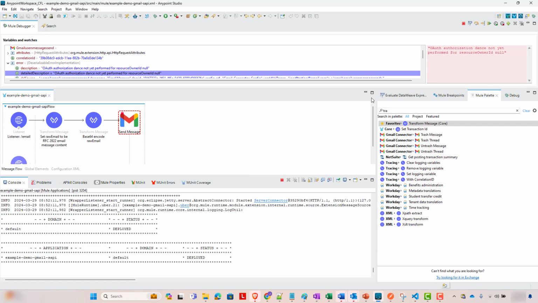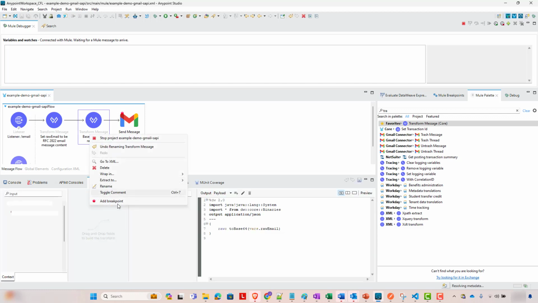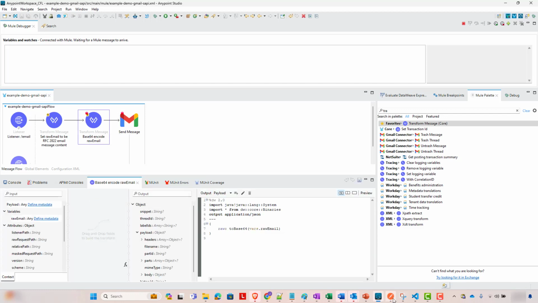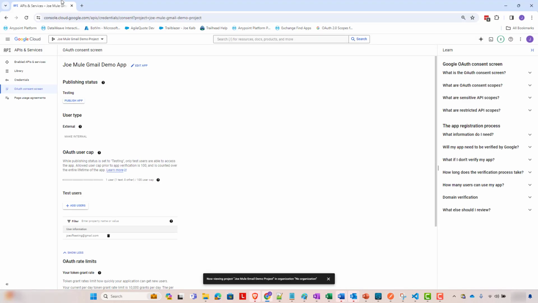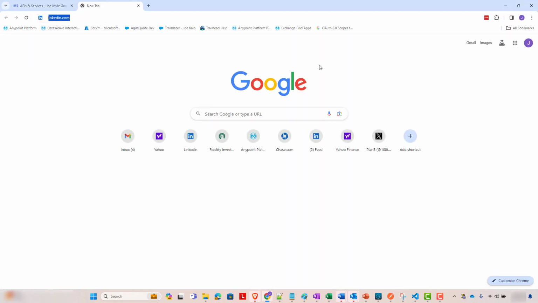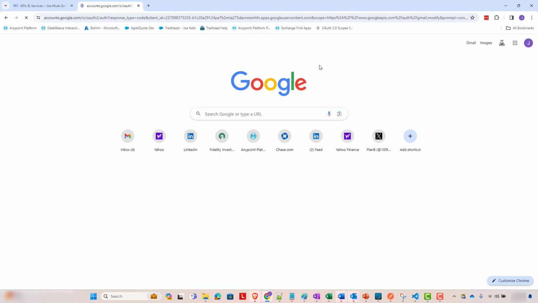So I've got breakpoints set. OAuth, boom, we get back an error message. And I'm going to add one more breakpoint for when we truly run. But OAuth authorization dance not yet performed for resource owner ID null. Okay, what does that mean? It means we need to authorize our API. To do that, we go to that authorize endpoint, so localhost